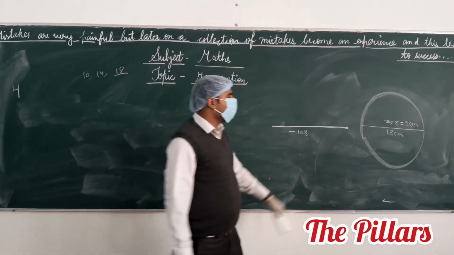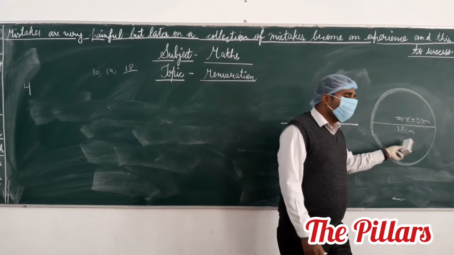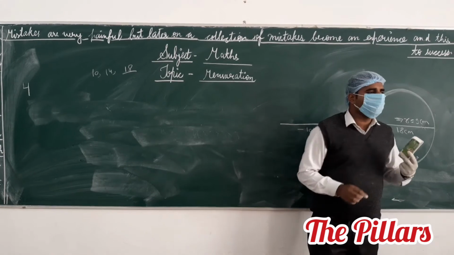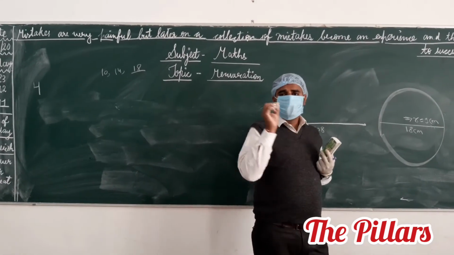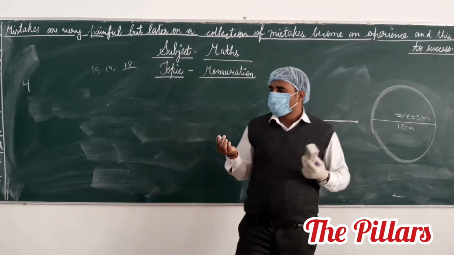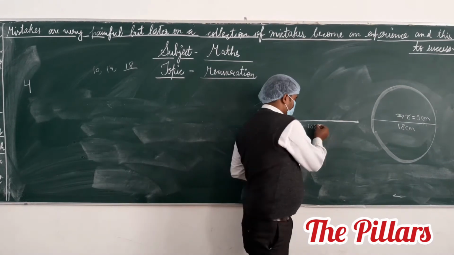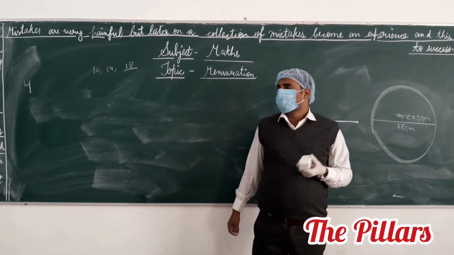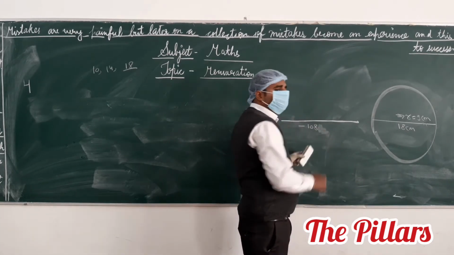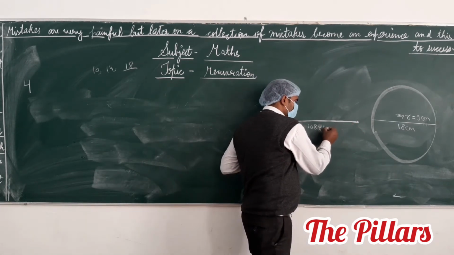We have to melt this sphere and make a cylindrical wire. A wire is always cylindrical because from the first end to the last end its radius is always fixed. It means this is the shape of a cylinder. This total volume equals the volume of the wire whose length is given as 108. Then we have to convert meters into centimeters, so you have to multiply by 100.